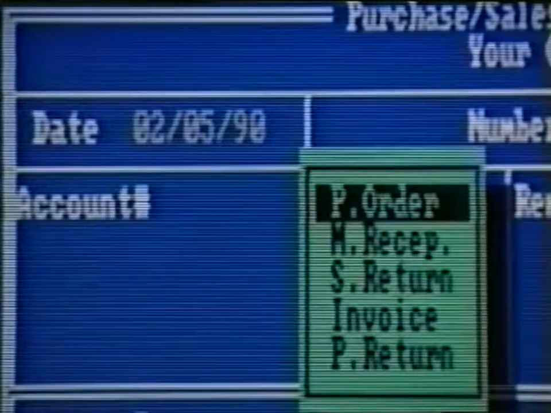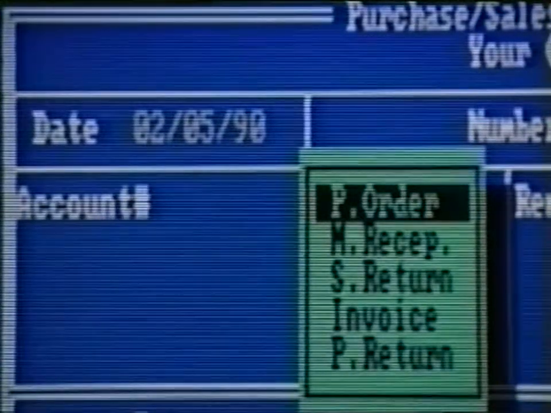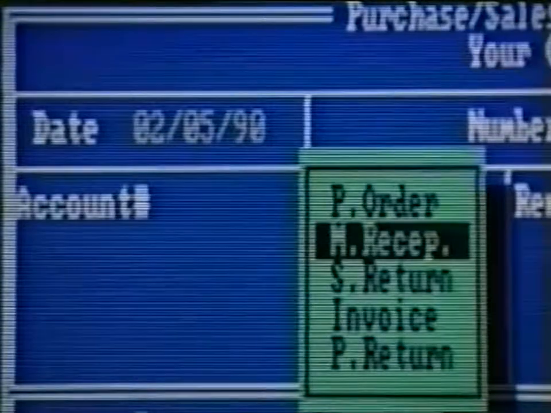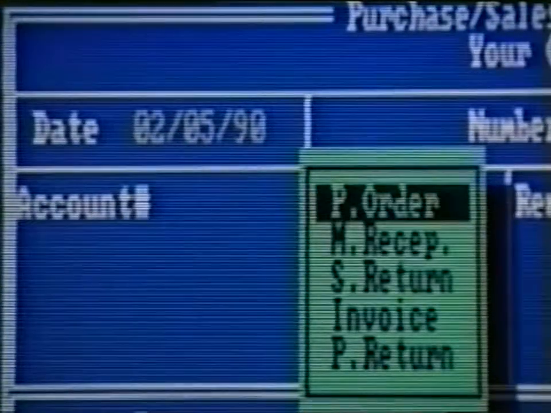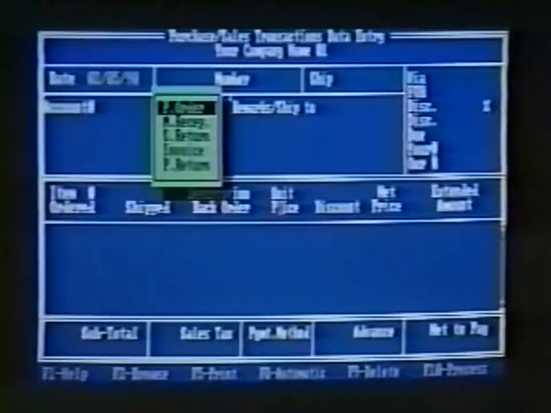Let's complete a few purchase and sales transactions to see how easy they are to enter in Pacioli 2000. Enter the purchase and sales transactions data entry screen. Pacioli 2000 displays the current date. Press enter to use this as the date of the transaction. Pacioli 2000 pops up a window for you to select the form you are completing. Since we're going to work on a PO, select Purchase Order. Press Enter to accept the next available transaction number.